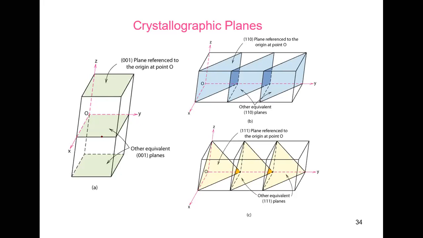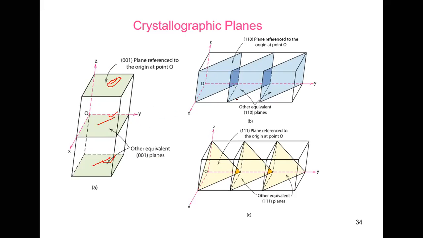And then we can find out more like this one. You see, we have already calculated this plane, the top one, 0, 0, 1. And if you calculate this plane, the Miller indices will be the same. So that means these planes are parallel planes. All parallel planes have the same Miller indices.